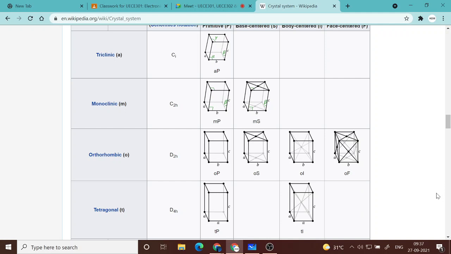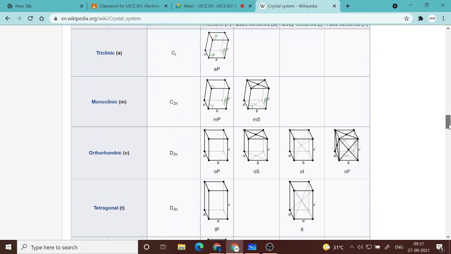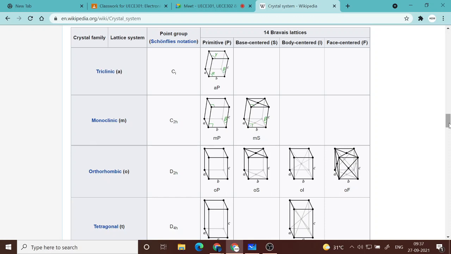Okay, so we are in the discussion of various crystal systems, and in a 3D lattice space, the unit cell is specified by three lattice vectors. If you look at these three lattice vectors, there are basically 6 parameters, and the parameters are the length of each of these lattice vectors and the angles that they make between one another. For example, if you take A, B, C as the lattice vectors,